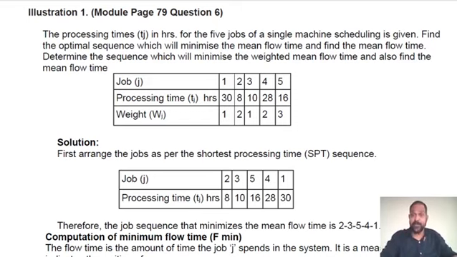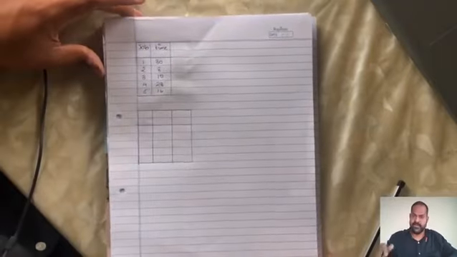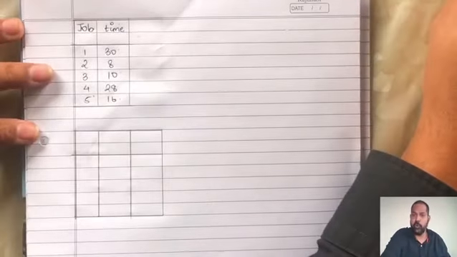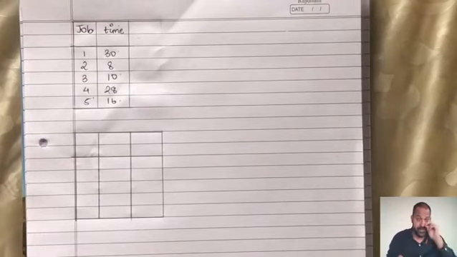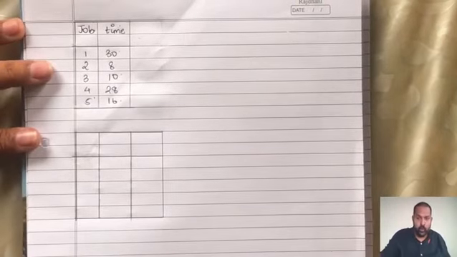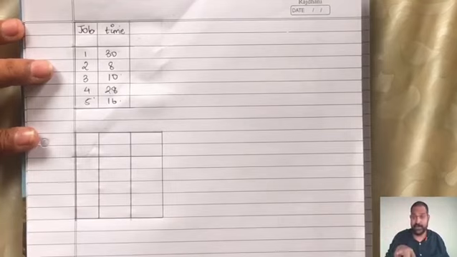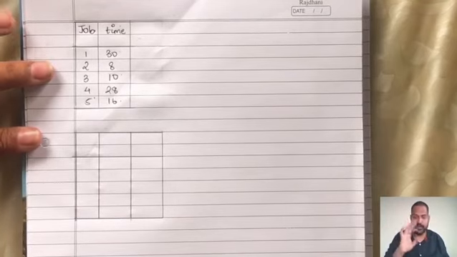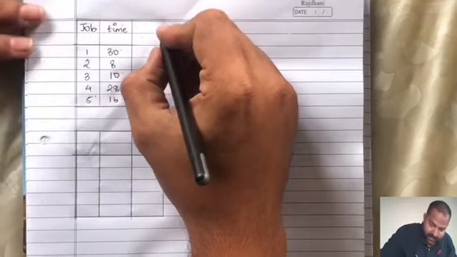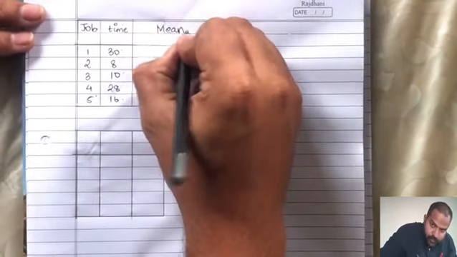Okay, so one thing at a time. Let me write down the question. So step 1, I have written down the question so that I don't have to go back to my PDF. And now I am going to start the solution one at a time. Step 1 is going to be, what do you want me to do? You want me to minimize the mean flow time. I'm not going to find all different sequences and then tell you where the mean flow time is the least. I'm directly going to mention that mean flow